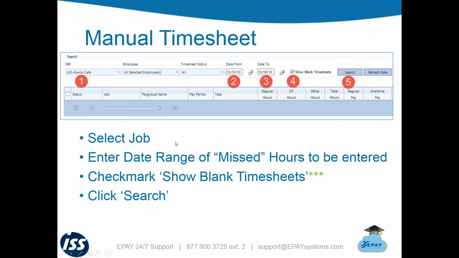So here is the step-by-step process of how to go into here. Once you click on that manual timesheet link, the first thing you're going to do is you have the ability now to select the job. So you select the job, then you enter the date range for those missed hours to be entered. Keep in mind, we are doing this because we're essentially telling the system we want to match up the pay periods and get the hours entered and reflected in the proper pay period that we missed. So we put in the right dates,